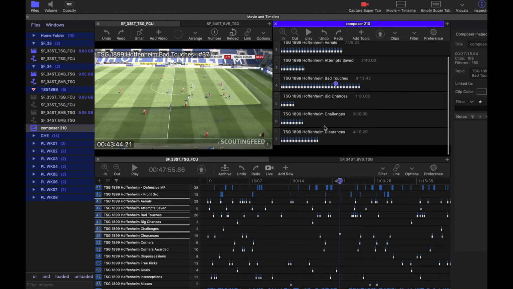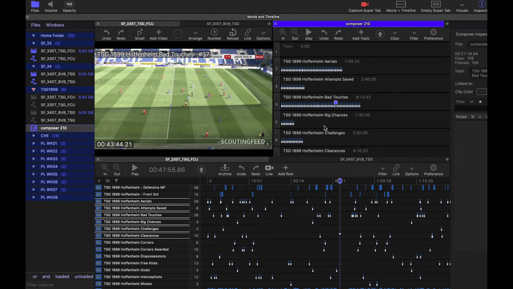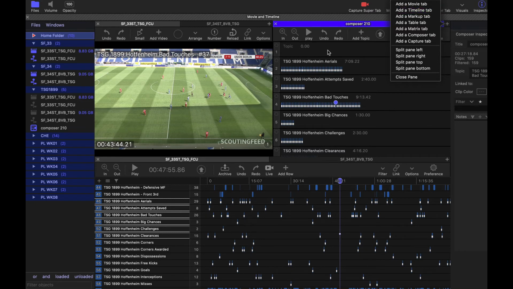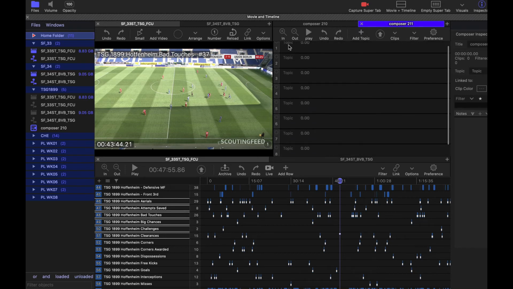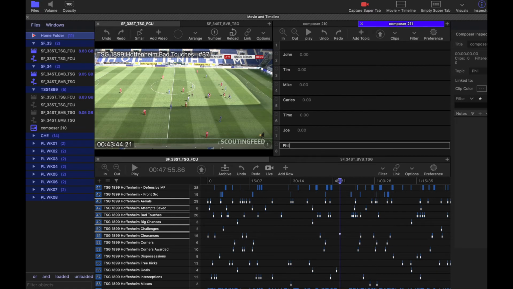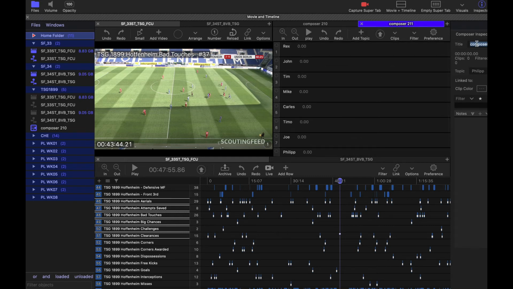And the original one, if you're just quickly doing it, you might want to set up a template, which is one of the questions here, so I'll do that really quickly as well. So I'm going to save the template, though, in the home folder. So let's target our home folder, so it's the focus folder. We'll add a composer, and I'll just go topic, topic, topic, topic, topic, and then I'll go to the top one, and I'll go Rex, and I just hit tab, and it takes me to the next one. John, tab, Tim, tab, Mike, tab, Carles, tab, Timo, tab, Joe, tab, Philip, with 2 P's, and there we go. So now I have this composer, and I'll just call it template,